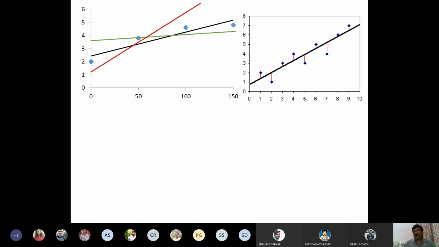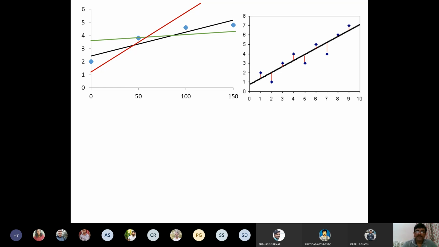So this is how you can understand the method of least square. I cannot use a pen or a pointer here, so I am not able to explain with the help of a pointer, but I have made different colors. Now on the left picture, the left graph, you see there are 4 data points represented in blue color. They are averages of replications.